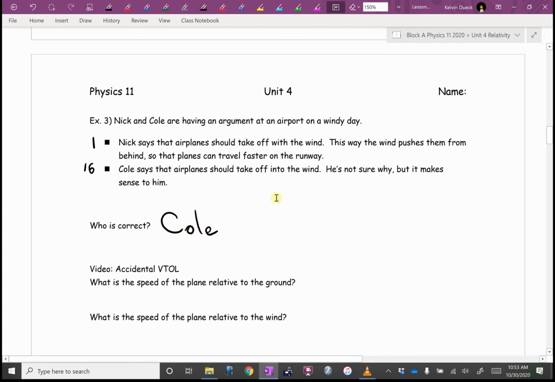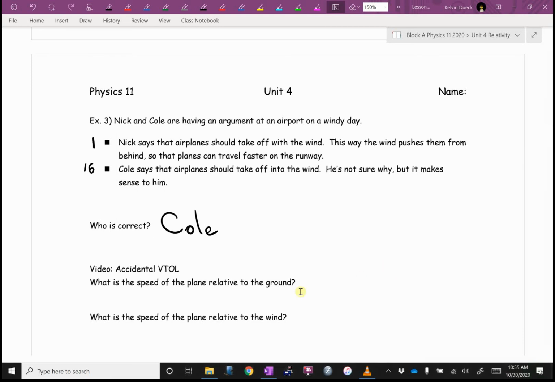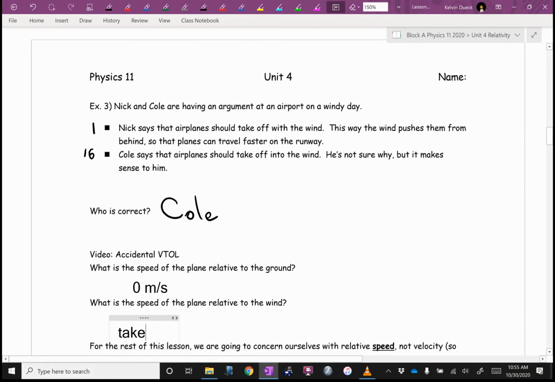Cole. In fact, you can sometimes have the wind moving fast enough that you have lift, even though your relative ground speed is 0. You're going to see somebody who made a very expensive mistake. So, what was the speed of the airplane in the video you just saw relative to the ground? What was the speed of the airplane relative to the wind? Takeoff speed. I don't know what, but